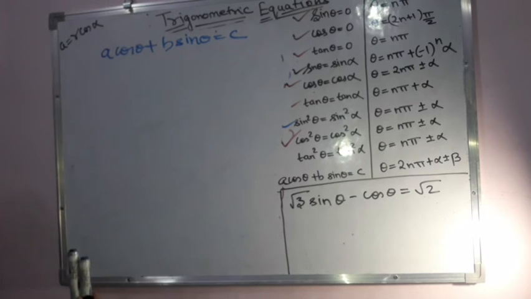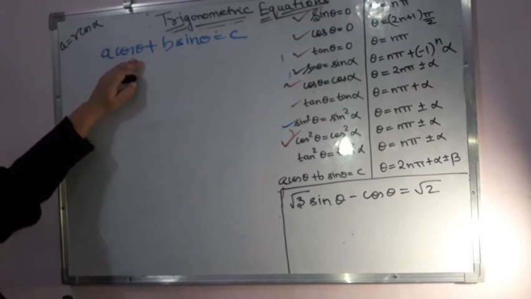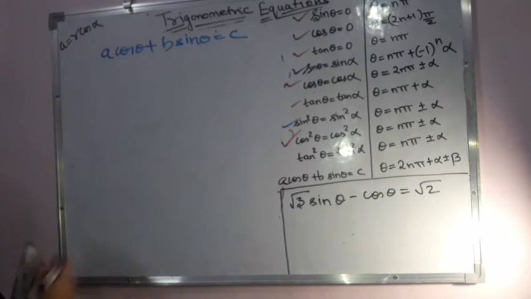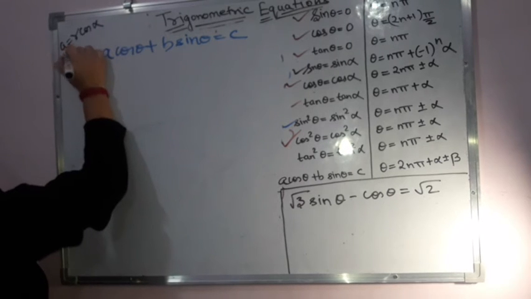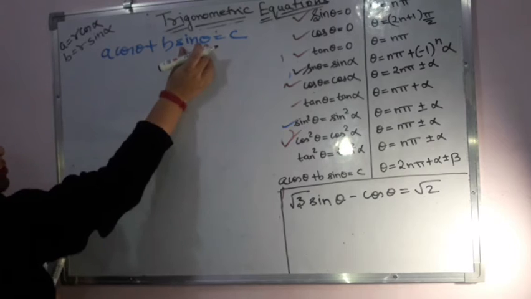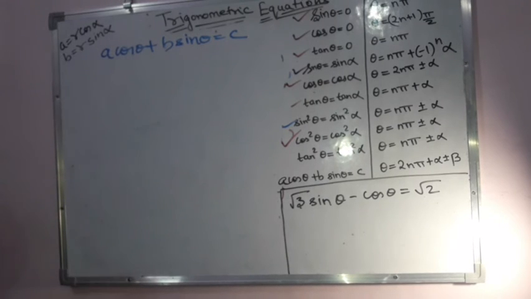Now how to learn where to take cos, where to take sine? See, a was connected with cos theta, so I am taking cos alpha over here, right? And b is there, so b is equal to r sin alpha. Sin theta was there, so with this I will be taking sin alpha.